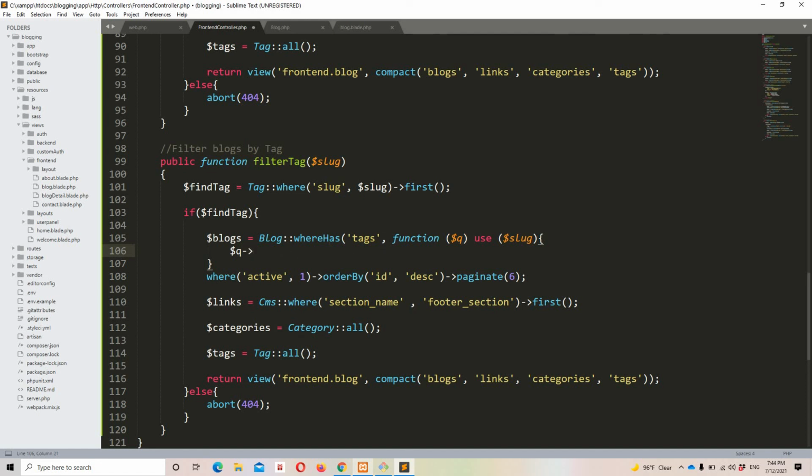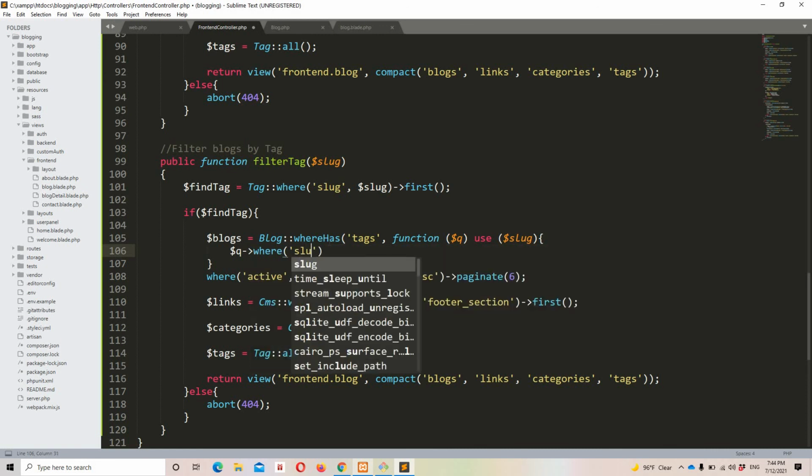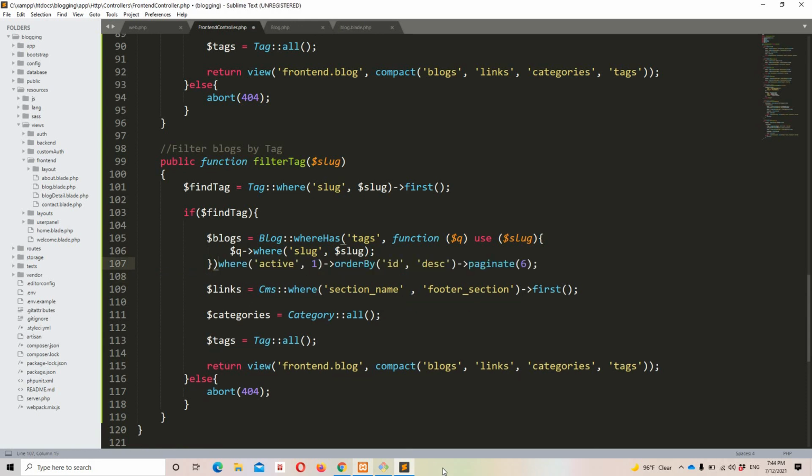I want where slug is equals to $slug, just like that. And now we can close this function. And we can chain the remaining methods. So yeah, that's it, and I hope it makes sense.